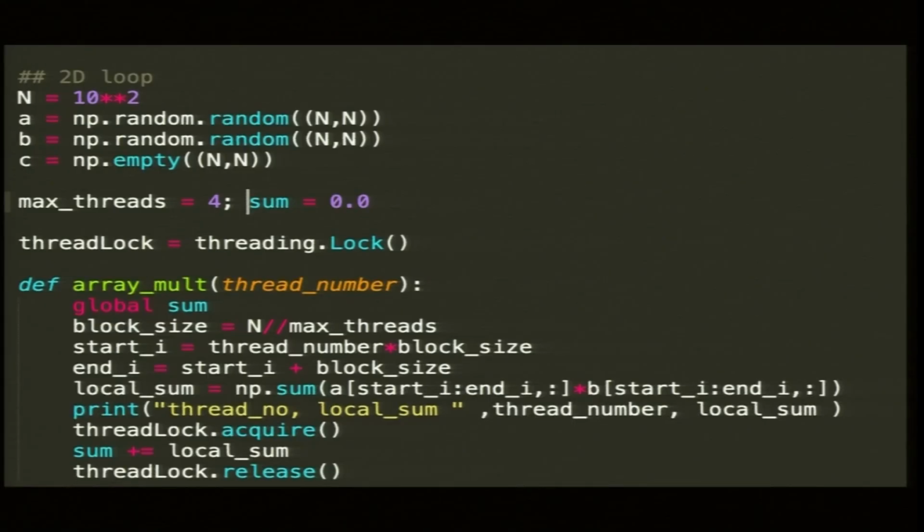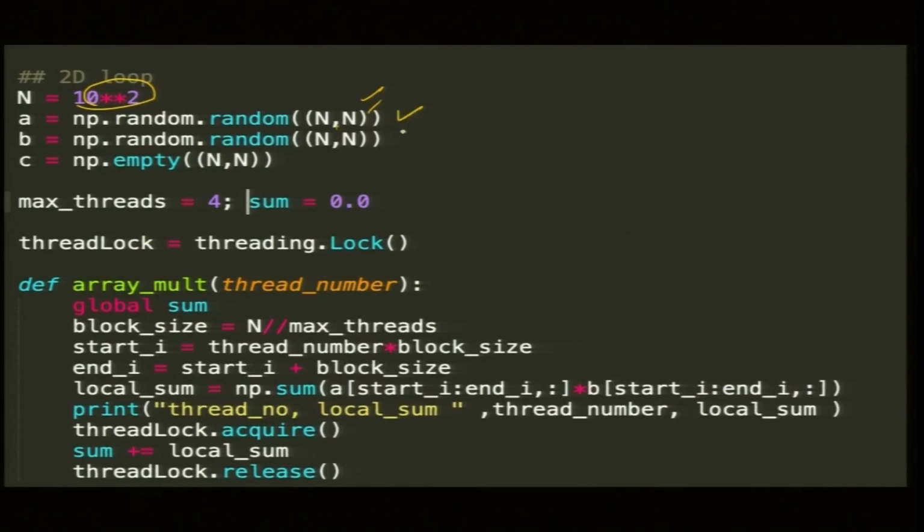So, let us illustrate this example for the sum, which is a local sum. A and B are two arrays, and we will compute local sums for some threads and then do the total. So, this is the code. I did it for a bigger data set. I mean n is 10 power 8, typically that is what we want to do. No, sorry, 10 power 4. This is a 2D array, so 10 power 4. So, 2D arrays.